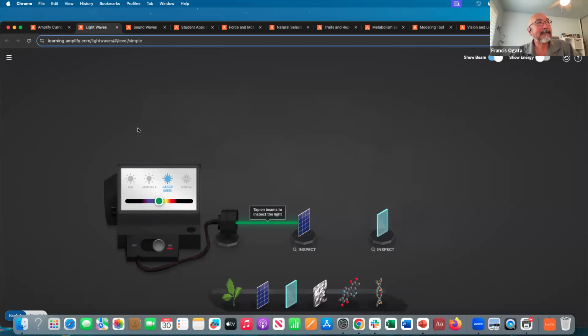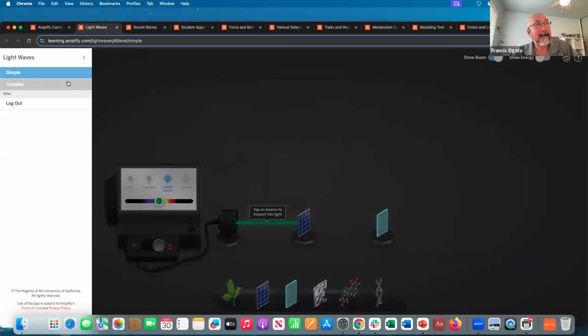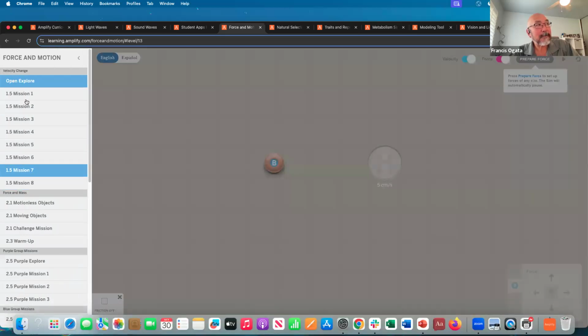The idea is within this digital simulation, there's different tasks that they're able to do, simple and complex. Like that one that I was showing you with force and motion, it actually has multiple missions that they're able to do. So these multiple missions actually offer them those opportunities as they start to go through those lessons. It actually gets very, very complex.